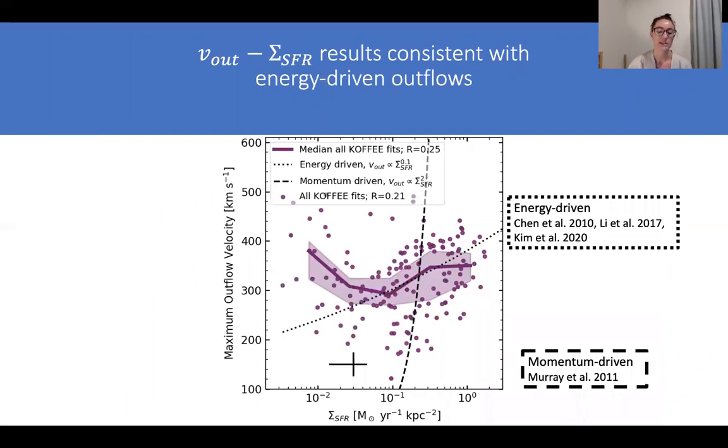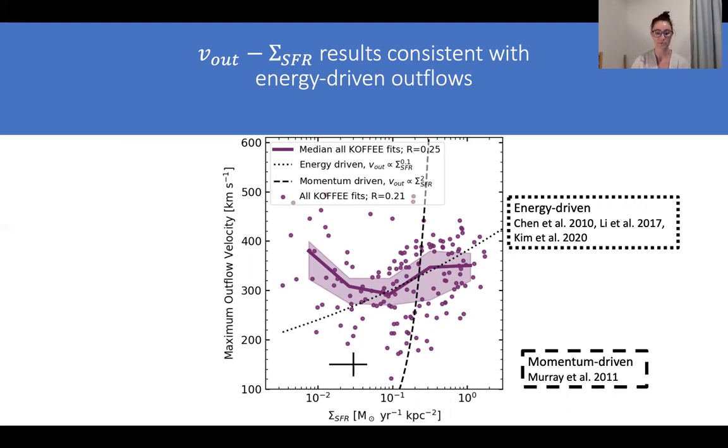Here we have plotted the maximum outflow velocity against the star formation rate surface density for every spaxel in IRAS 08, which firstly has a signal to noise greater than 20 in the continuum, and secondly, where we've found evidence of outflows. And so our first main result is that our results are consistent with energy-driven outflows. So the dotted line here is our energy-driven model, and the dashed line shows the momentum-driven model. And you can see that our data is consistent with the energy-driven model and is not at all consistent with